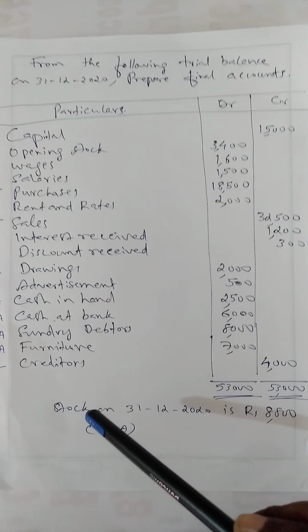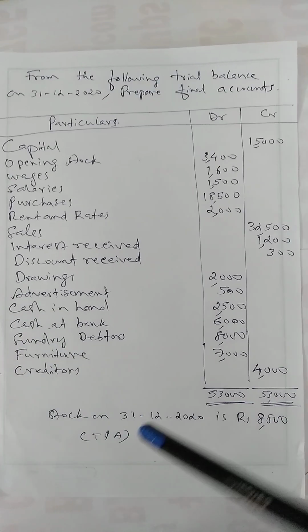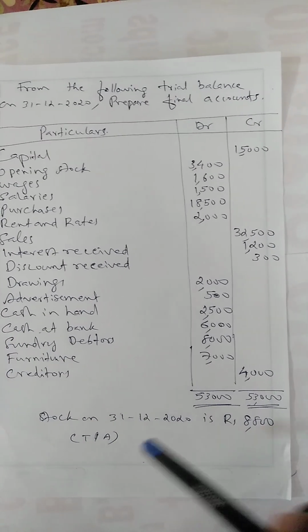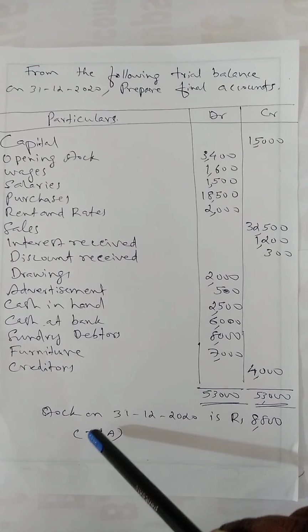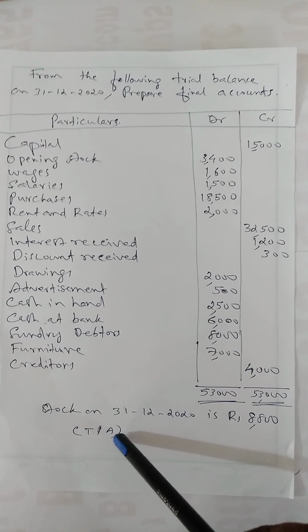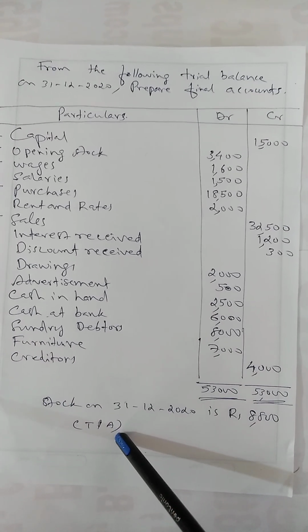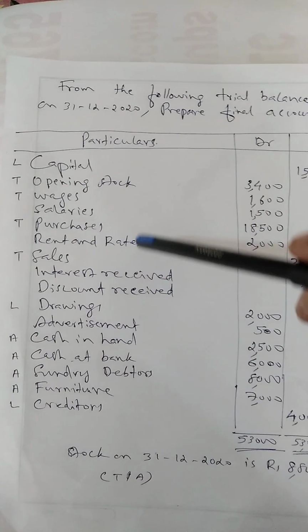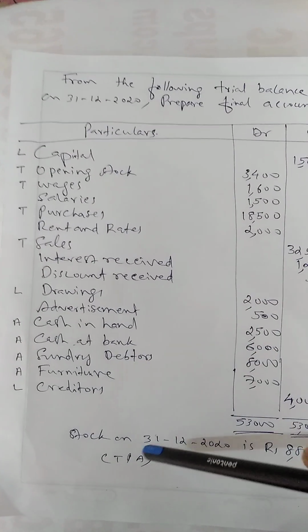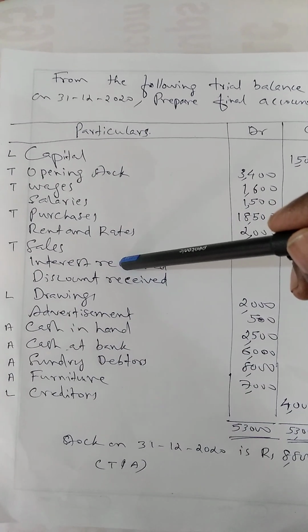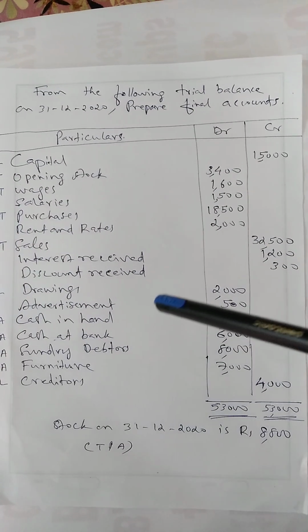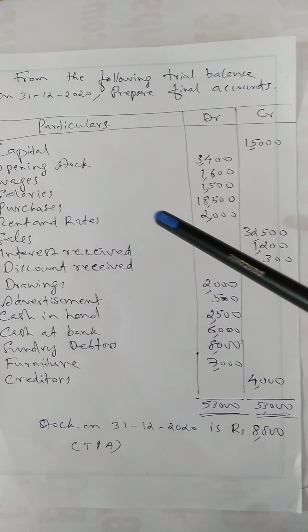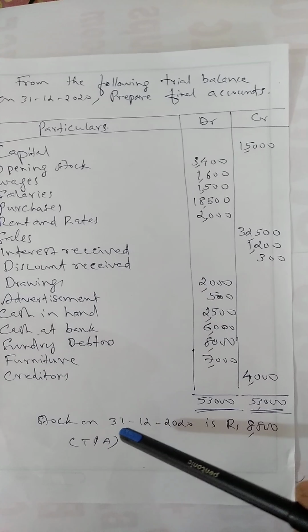Okay, so closing stock given in the adjustment must be considered in two places, one in trading account and another in balance sheet asset side, isn't it? And if this closing stock is given in the trial balance, not in the adjustment, then it must be shown in only one place, which is the asset side. Okay,